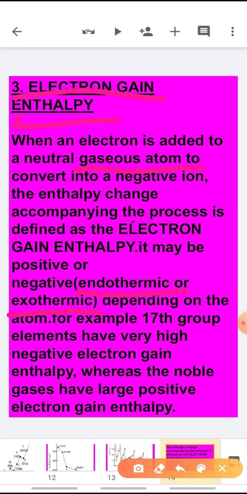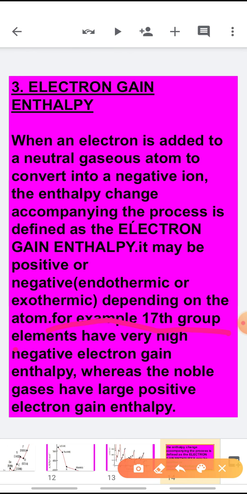It will be an endothermic process in the case of metals, because they don't want to take an electron. We have to add the electron forcefully. And it will be an exothermic process in the case of non-metals, because they actually want an electron. When they get an electron, they give out energy and become stable. Now, for example,